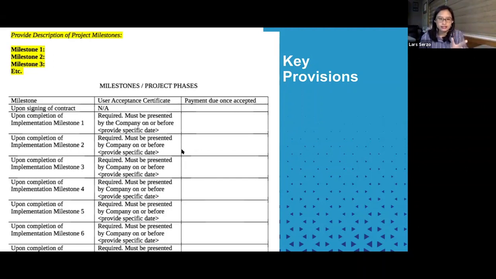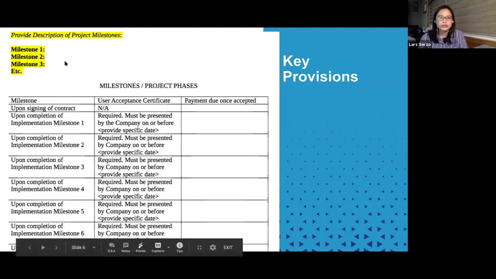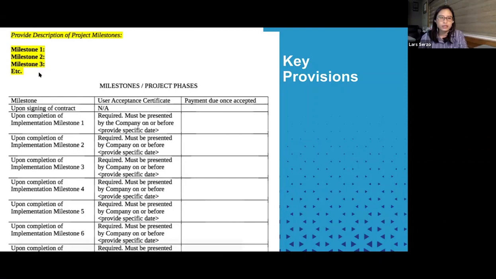So in the screen that I'm flashing, I've copied a portion of one of our contracts. This would refer to the milestone annex. So ideally, your team should be able to identify the milestone. So that's the highlighted portion.